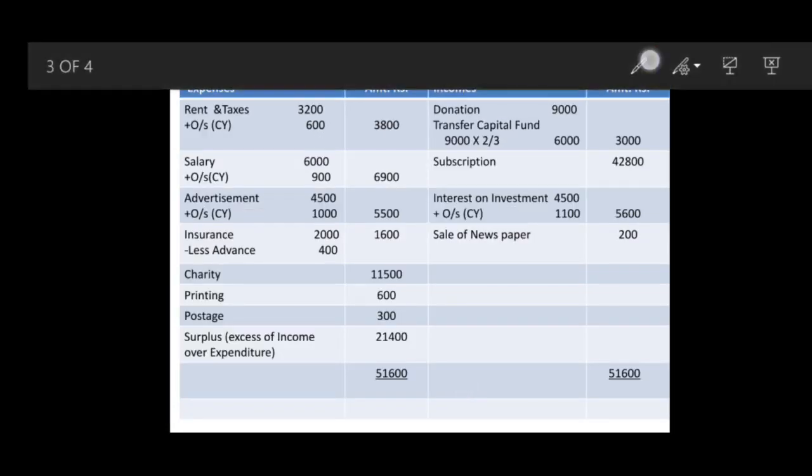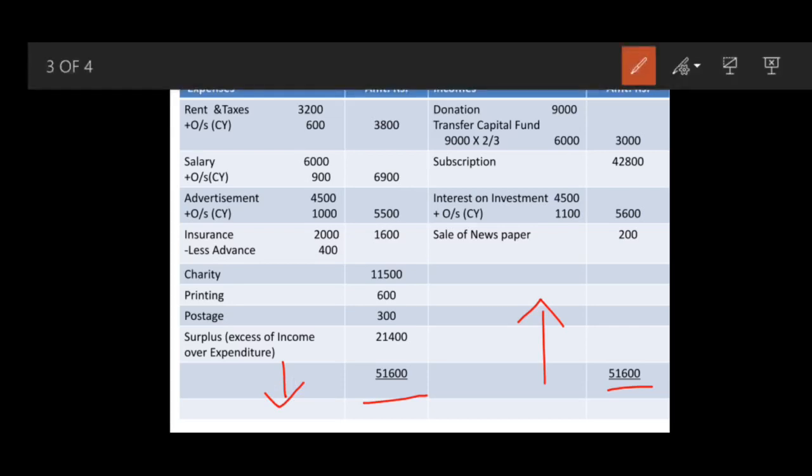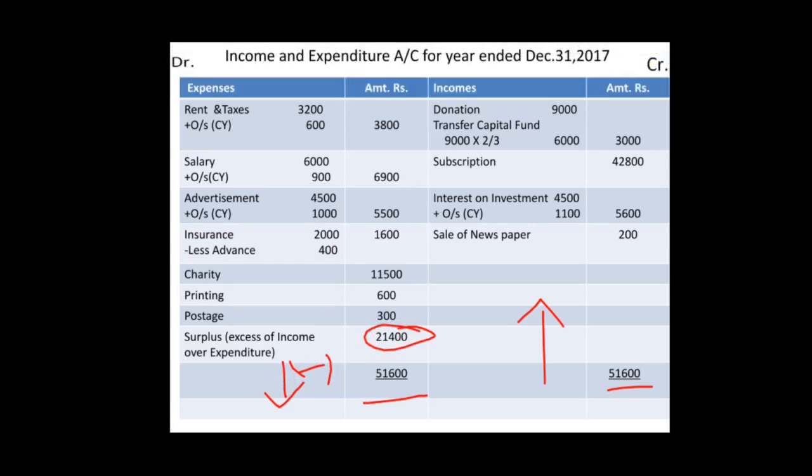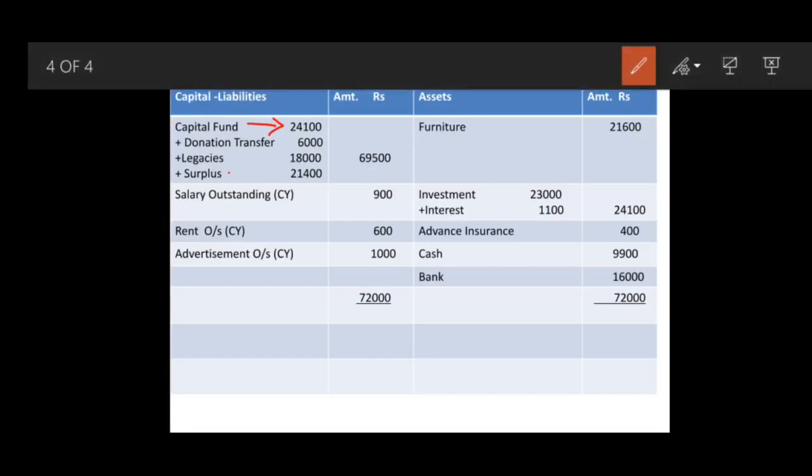Now come to your income and expenditure. Make a total of income and expenditure of both the sides in your rough part. You will come across that your income side is more and payment side is less. So looking at this, you will come to a difference of 21,400, while in the textbook it is 21,500, but the correct answer is 21,400. So 21,400 is your surplus, what you have received in excess over expenditure.